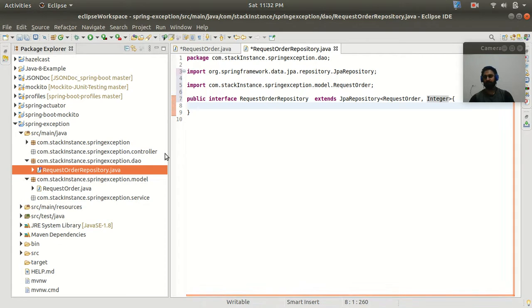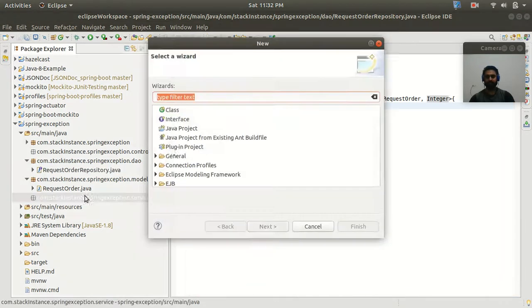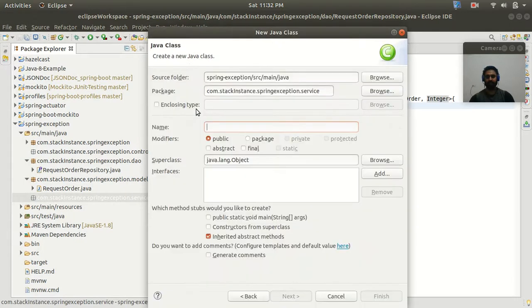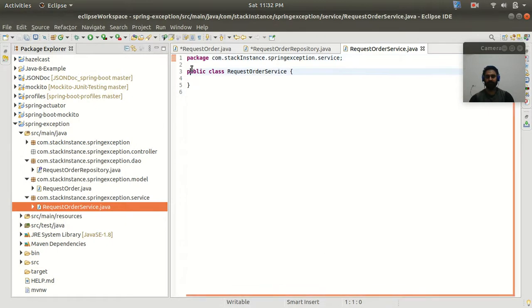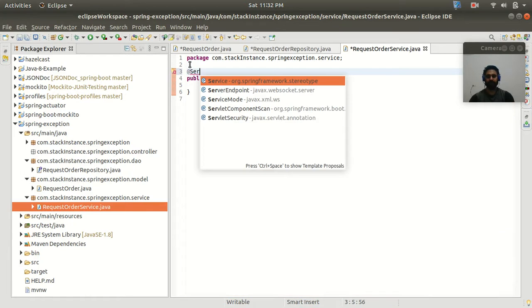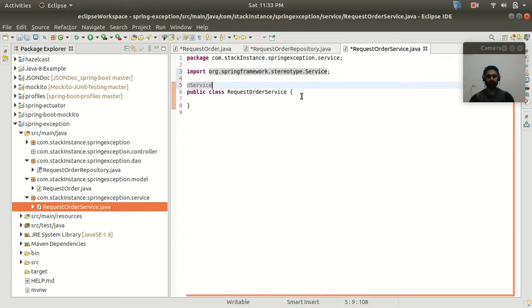So now I'm going to create a service class. So let's go to our service package, and here let's create a service class with the name, let's say, request order service, right? So here I want this class to be a service class, so I will mark this class with the service annotation, right?